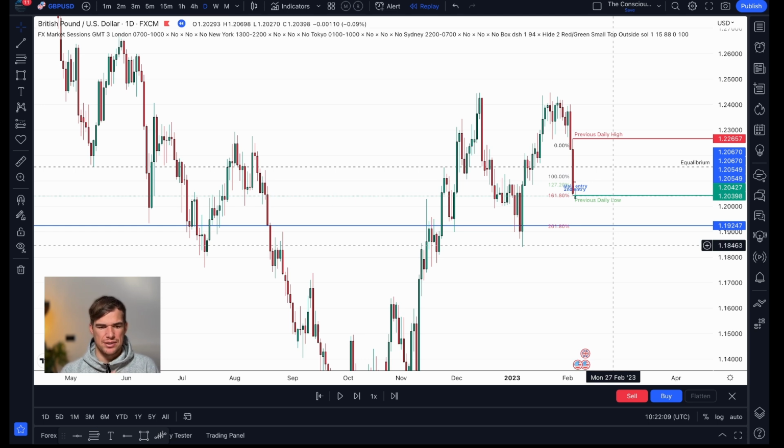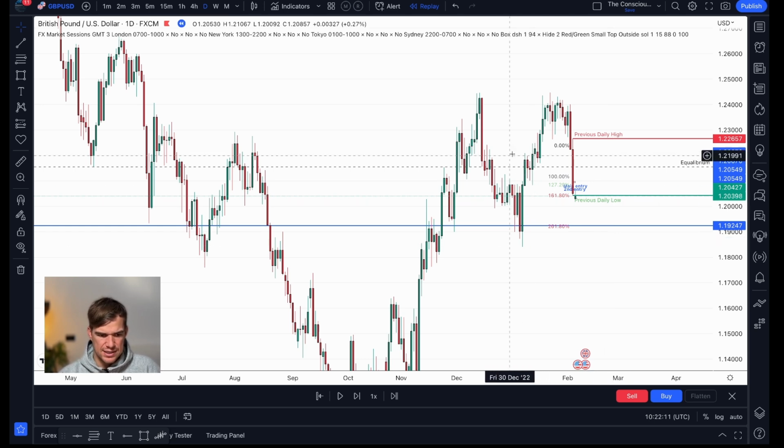So I was looking at this and saying, okay, we're at a discount level, and this price can go to equilibrium. However, I've got this pressure from the top, which is not looking great. And on the dollar index, we saw those fills on the fair value gaps. So there's a lot of confluence that wasn't.